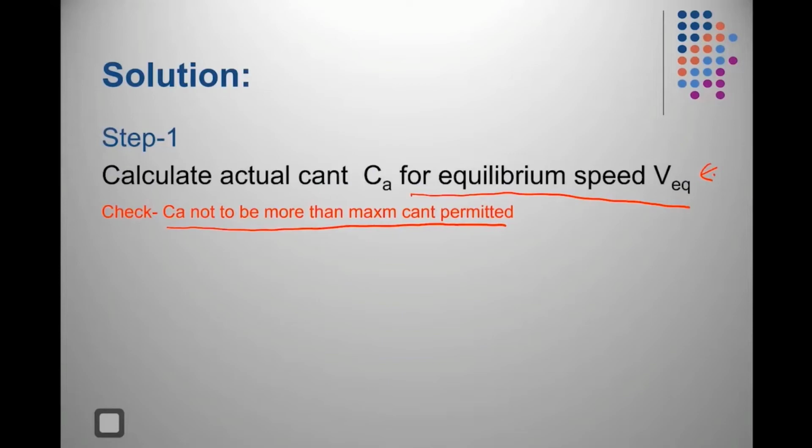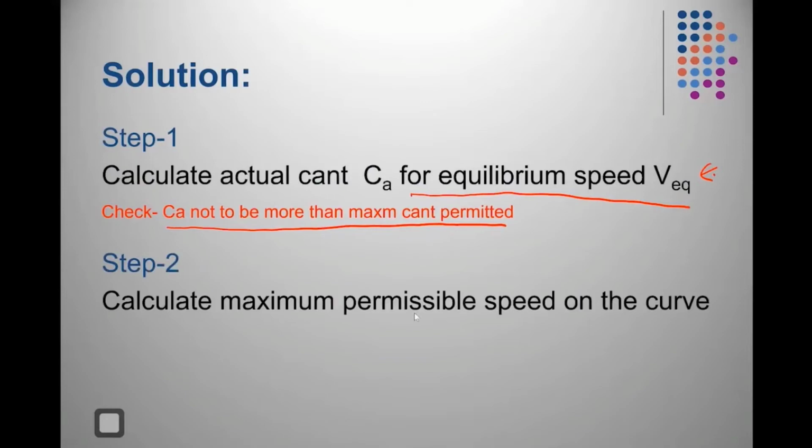Now for this cant, I will have to check whether my fastest train is moving within the limit of cant efficiency, and my goods train is moving within the limit of cant excess. इन दोनों के लिमिट में वो मूव कर रही है कि नहीं. Then I'll say okay, my cant is fine. मेरी cant बैलेंस कर रही है, cant excess, cant efficiency जो हमने डिसाइड किया, that is balancing cant excess and cant efficiency. But first we will have to calculate cant, and then we will have to check the maximum permissible